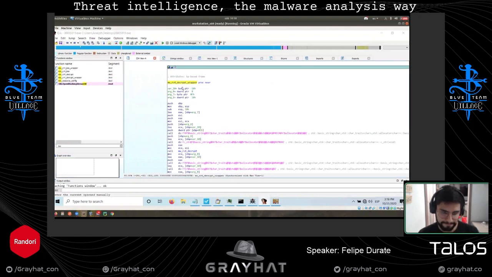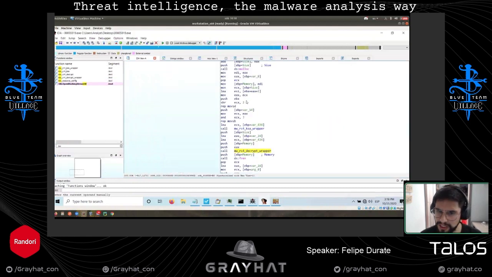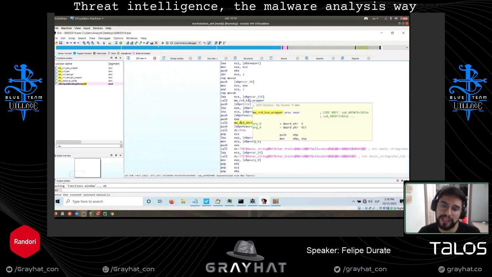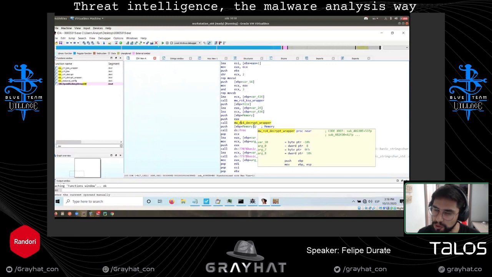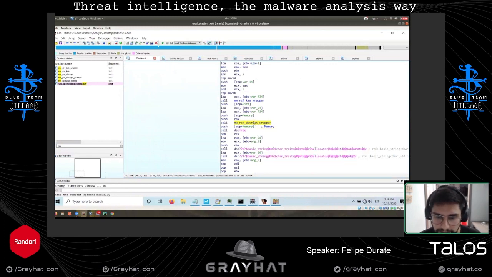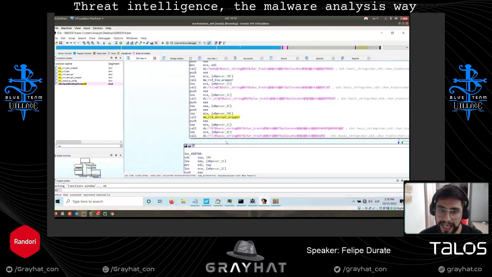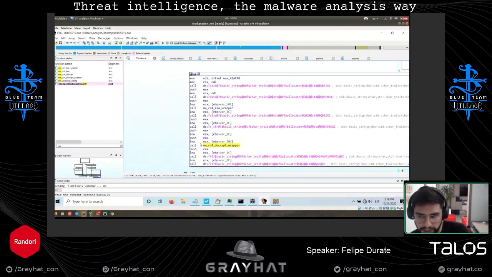Well, perfect. Go back. Actually, at this point, we have already identified some algorithms. If you want to reverse the sample more or go deeper, you can cross-reference and see that there are a lot of places in which that wrapper is used. So probably this can be used to encrypt data as well.